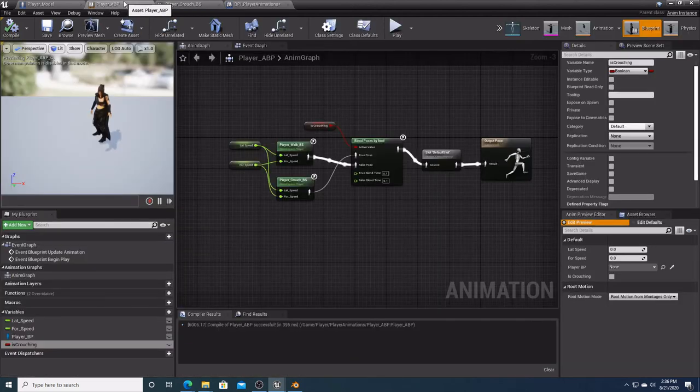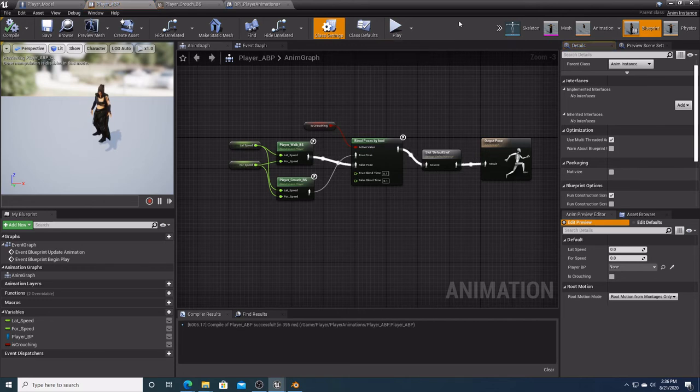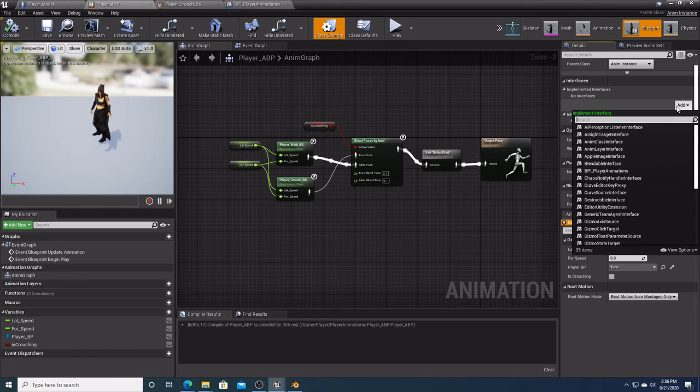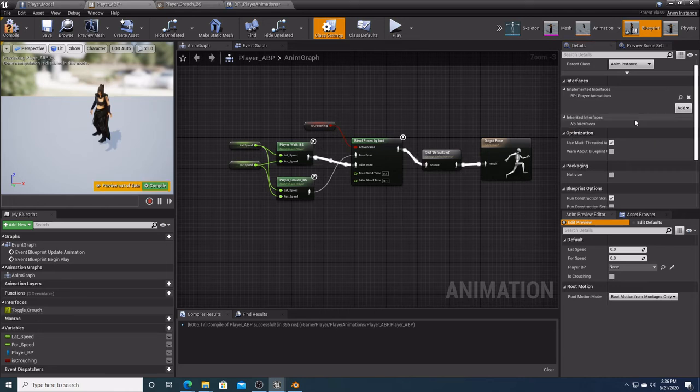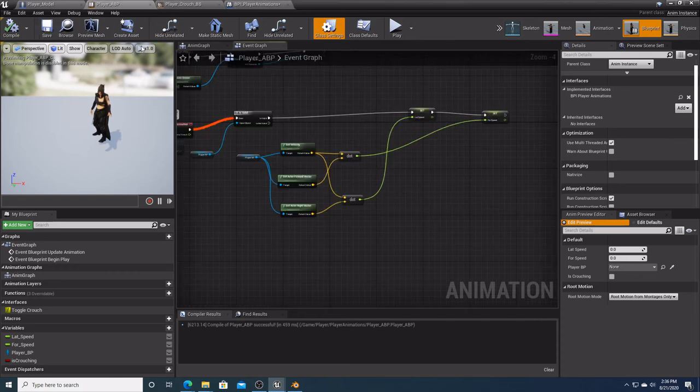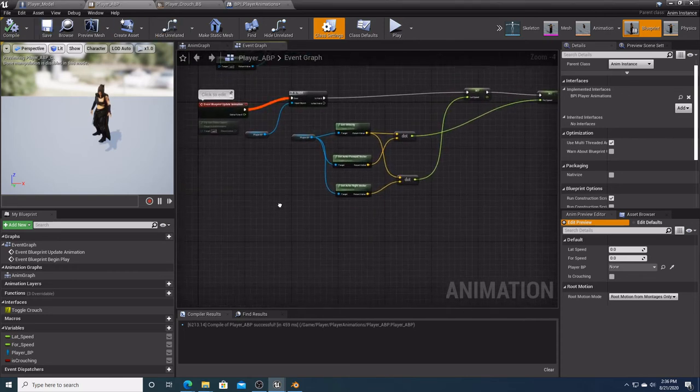I'm gonna go back into our animation blueprint. We're gonna click class settings. We're gonna go here to interfaces, right here, add. Now we're gonna go find our BPI player animations. We're gonna set that in there. Hit compile, save. We're gonna go into our event graph on our player animation blueprint,